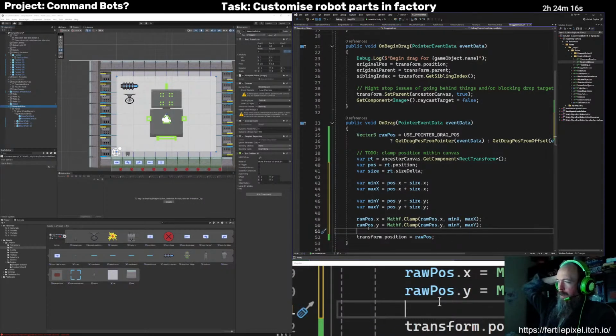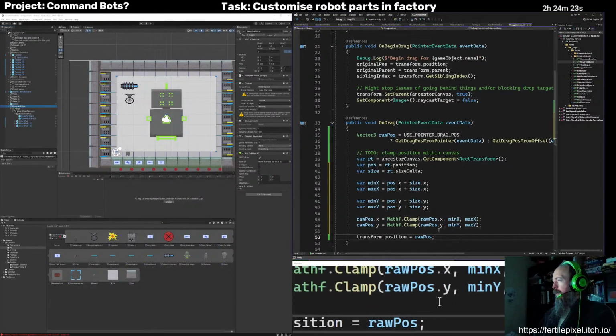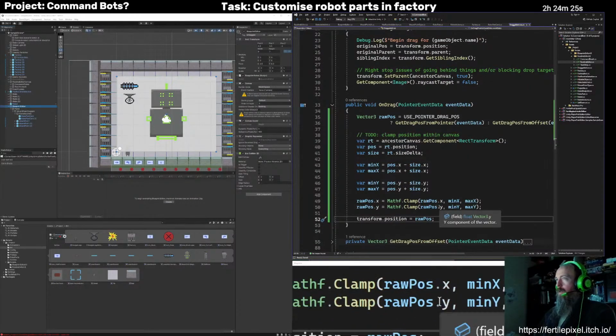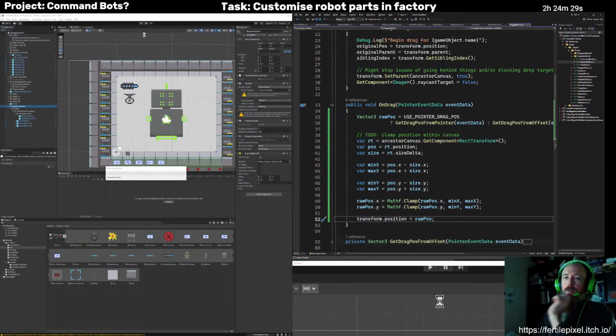So it's not the raw position anymore, but that's okay. We've just updated the X and Y to be within the canvas. And I'll just run this and see if that worked. And then I had better